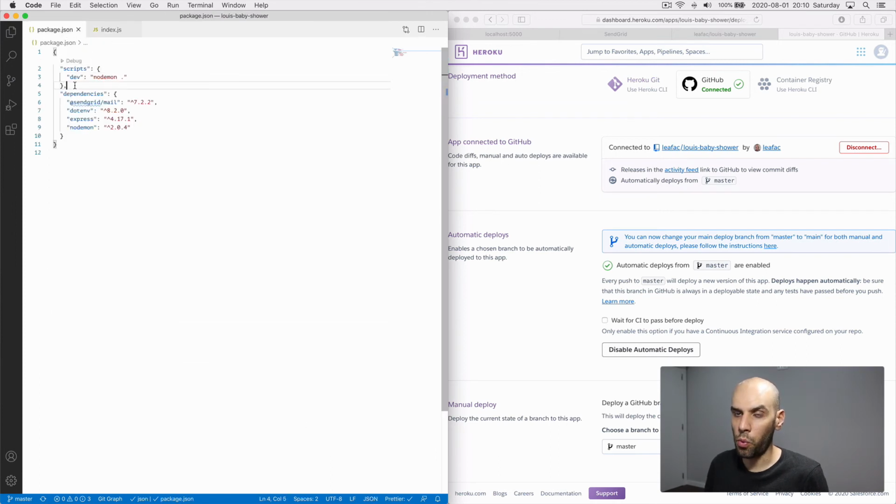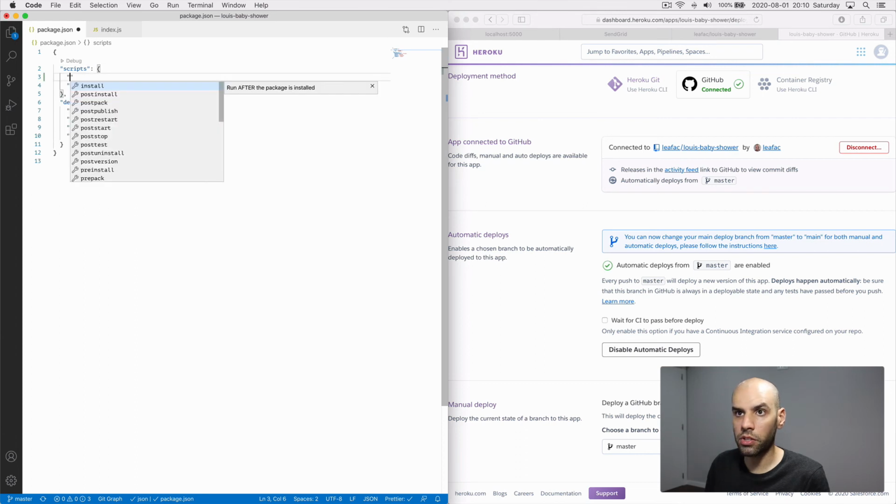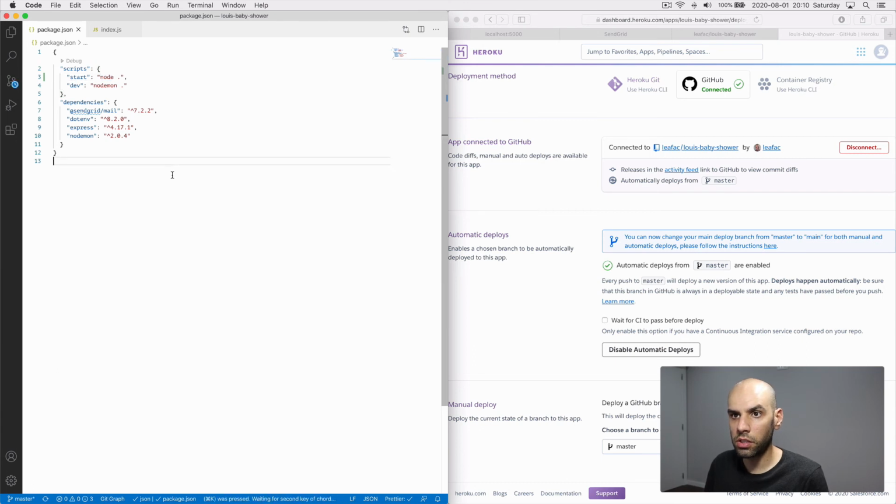I need to tell which version of Node to use, and I need to tell what to do to start the application. Let's start with the latter because it's easier. I can just say start, and it's just node dot. Why node dot? Because